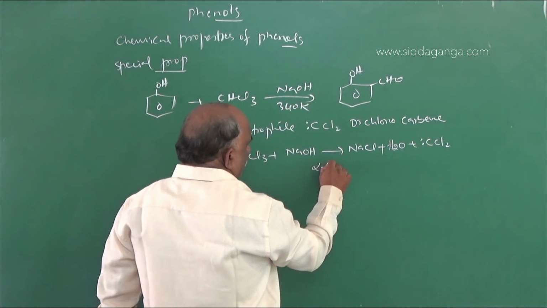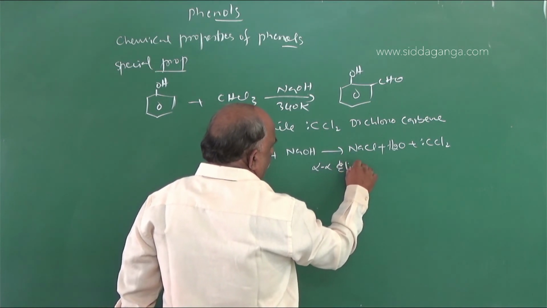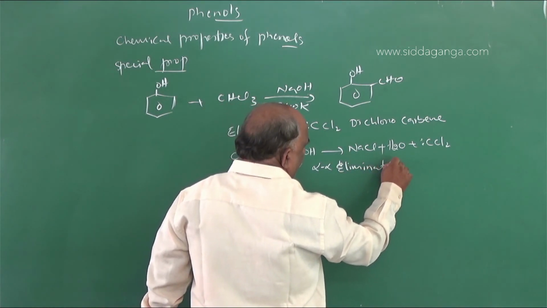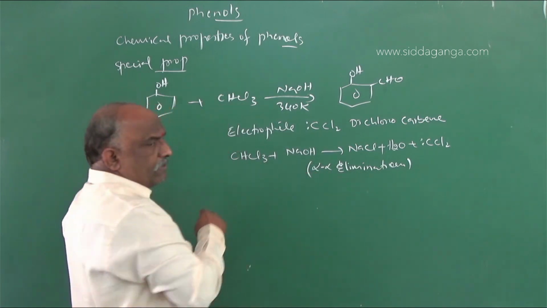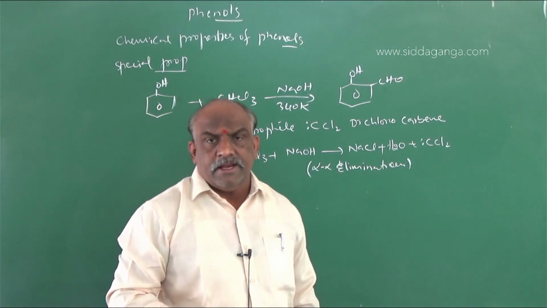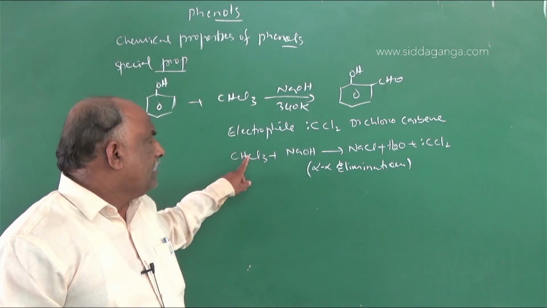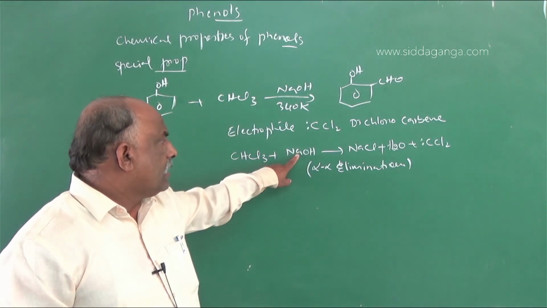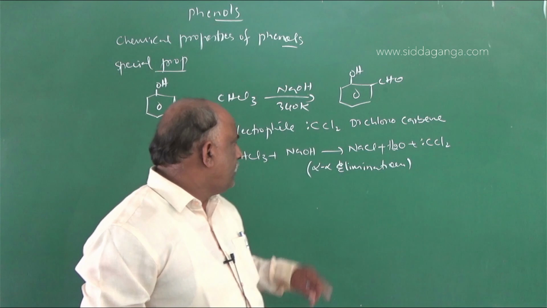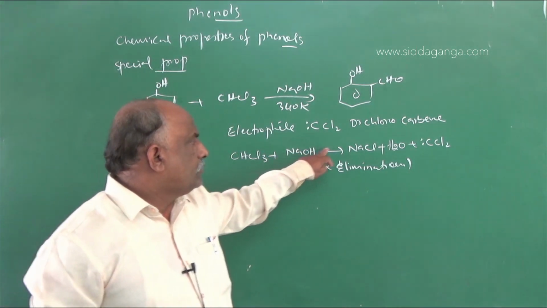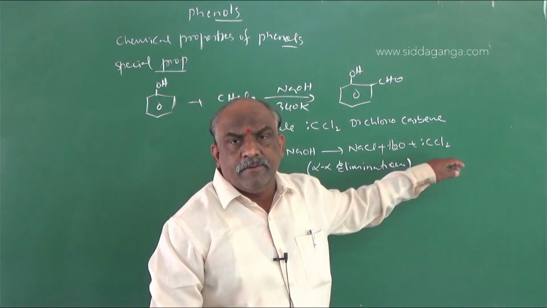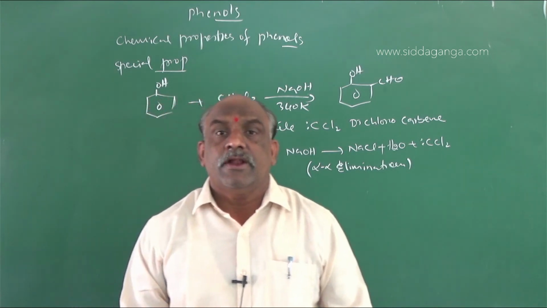This is an example of alpha-alpha elimination reaction. One chlorine is eliminated, one hydrogen is eliminated. Chlorine combined with sodium gives sodium chloride. Hydrogen combined with OH forms water, and the remaining CCl2